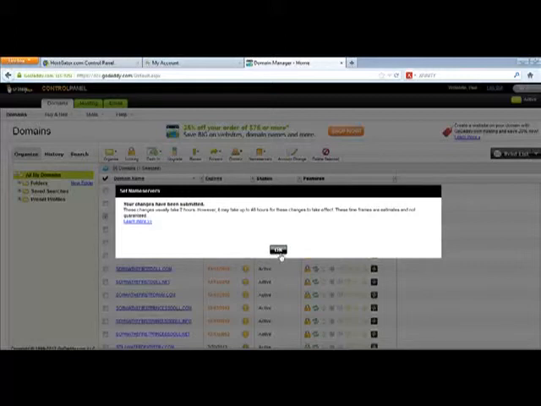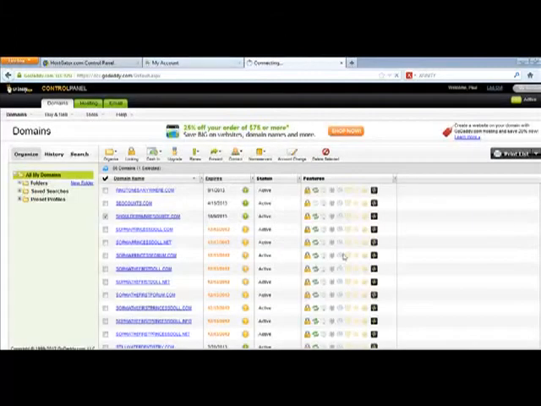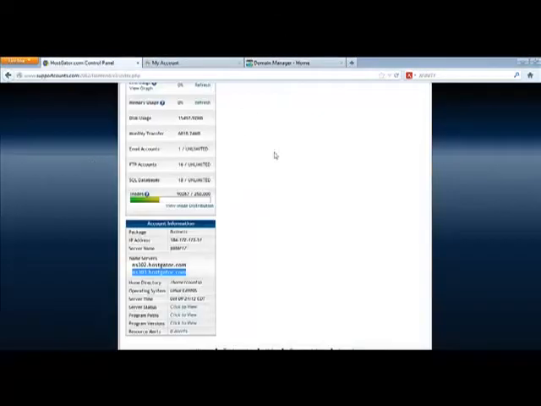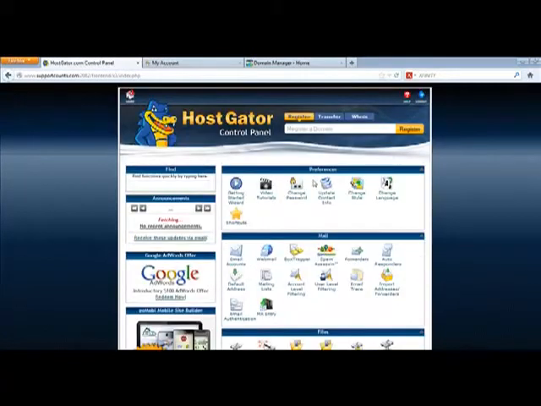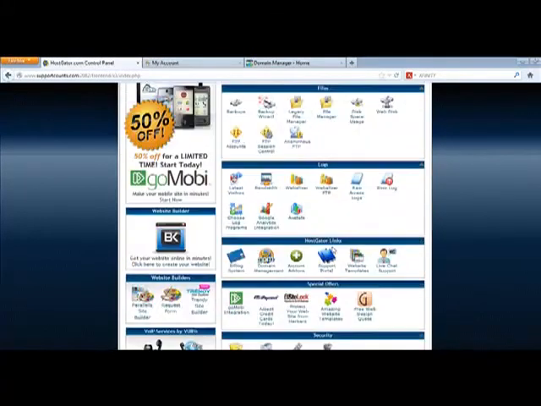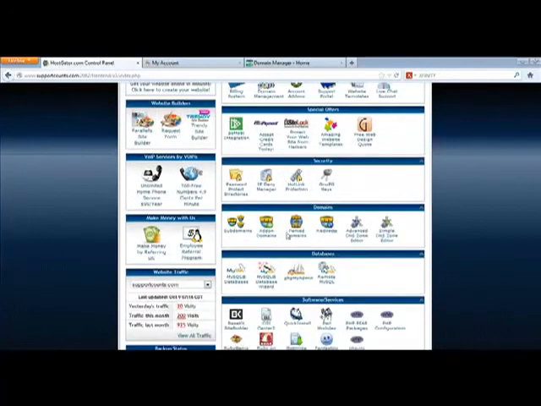But we're not done yet as far as adding our domain, because you have to go to your control panel to complete the process. So we're done here within GoDaddy. We're going to go to our control panel, and as you will recall, we have these different options here: preferences, mail, files, and then one of the other options here is domains. So we're going to choose add-on domains. So choose add-on domains,